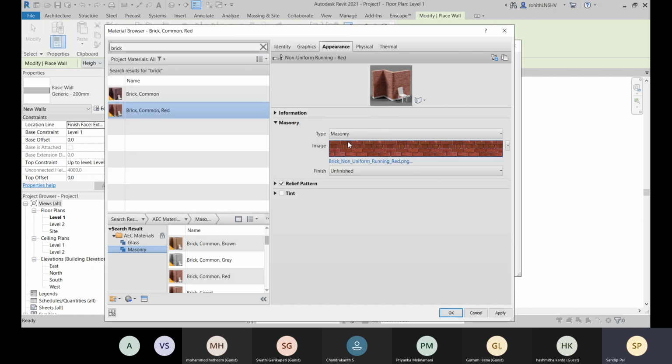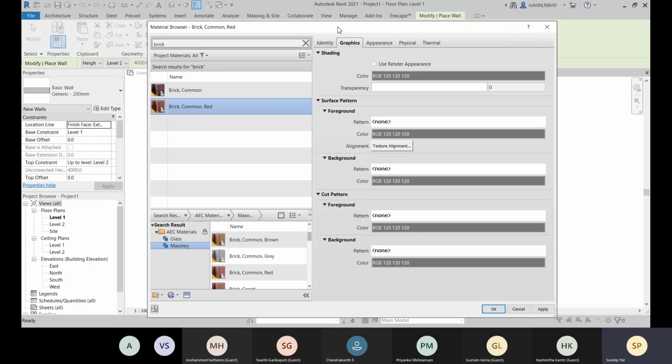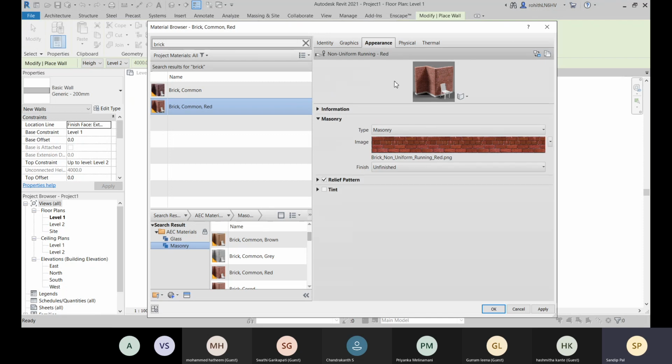Now that this is cancelled, in this graphic you can see this is shading. We have some visual appearance or visual style. When you choose the visual style as shaded mode, what will be the color? In this default condition, this will be the color and this is the appearance.